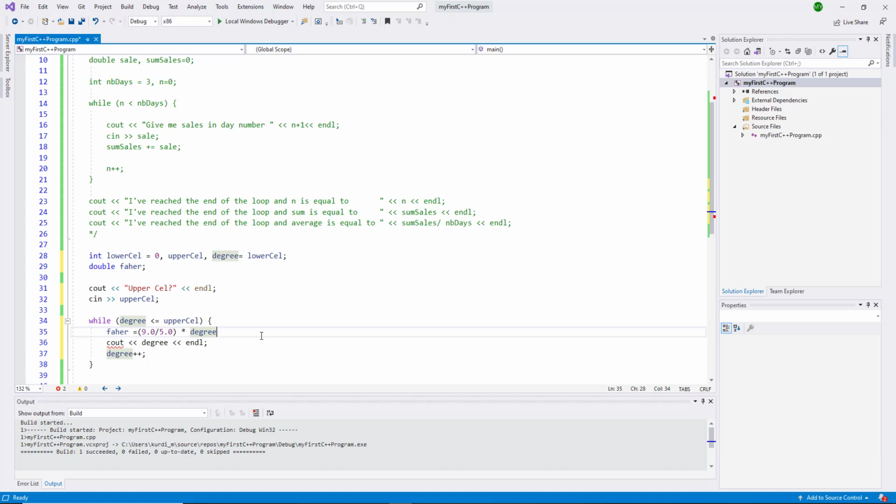It's not as accurate as with the dot zero. So that is why we are doing this, just to say, hey, C++, I would like to get the result as a float or as a double, not as an integer. So that's a way to prevent C++ from converting this into